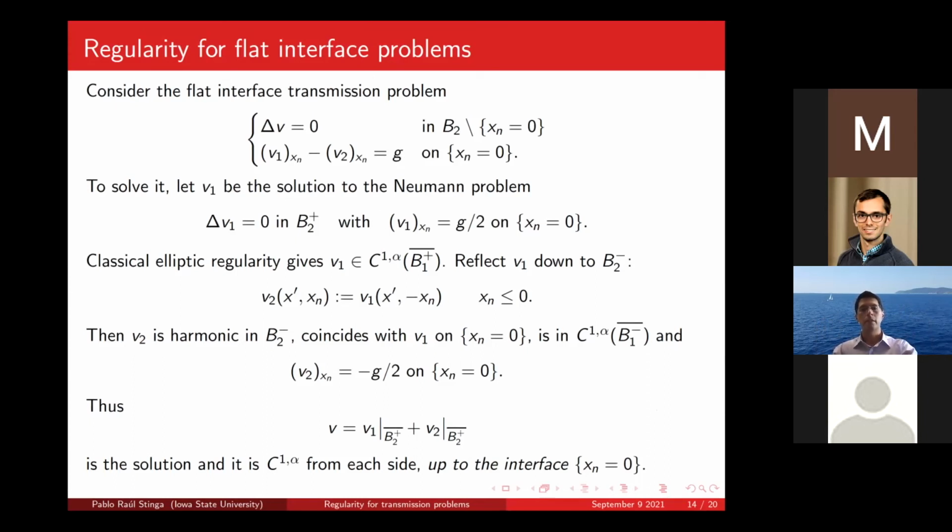Okay, let's see. There is a question here. What is the boundary condition on the rest of the boundary? Yes. So here the Laplacian is 0 in v2. So let's look at the normal. The Laplacian of v1 is 0 in v2 plus, right? Then the normal derivative is g over 2 on xn equals 0. And in the upper part, I didn't write it here, I put v1 equals 0. So if you reflect down, the boundary condition above will still be 0 below. So this v, on the whole boundary, will be 0.